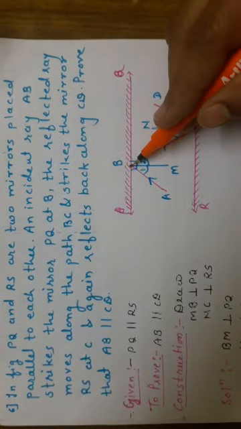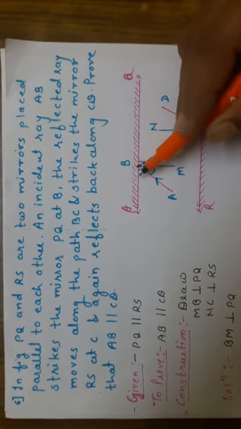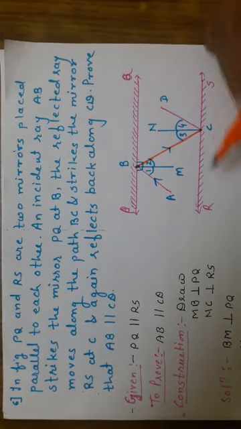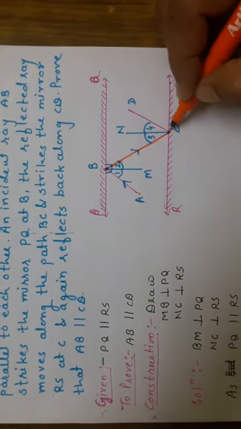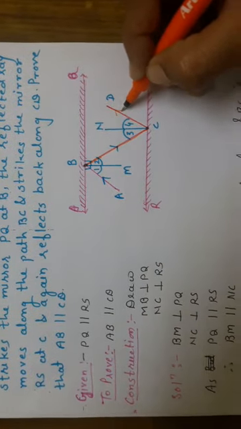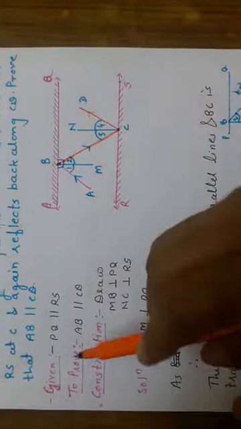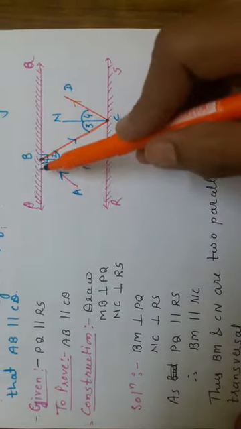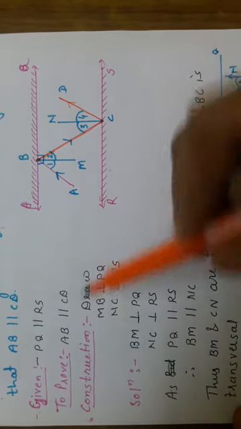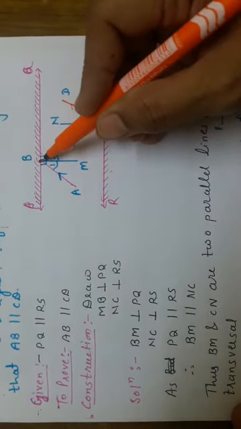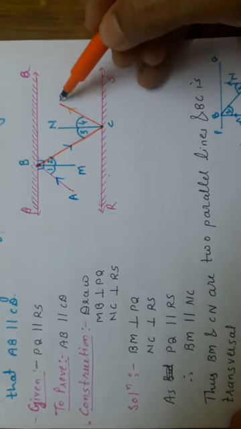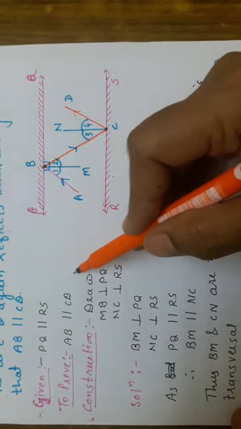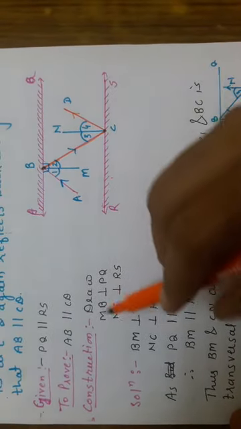And when this ray is reflected from the PQ mirror, it is incident on the RS mirror, and from there again it is reflected. Okay, so in this figure what they have given is that PQ is parallel to RS. These two mirrors are parallel to each other. To prove that AB, which is the incident ray, and CD, the reflected ray of mirror RS, are parallel to each other, we have to prove. For that we have to